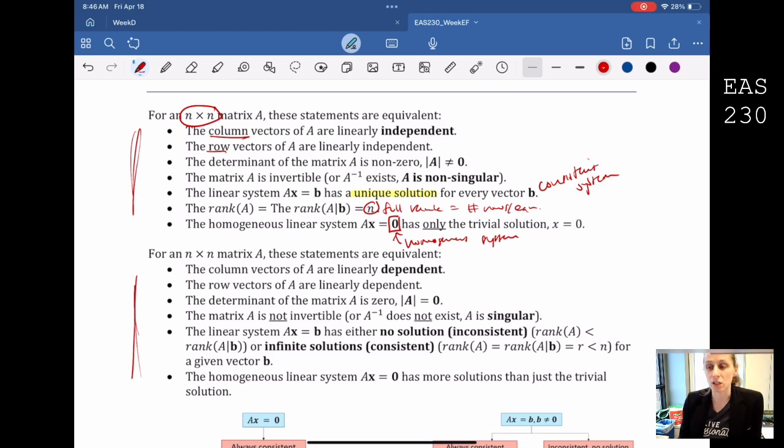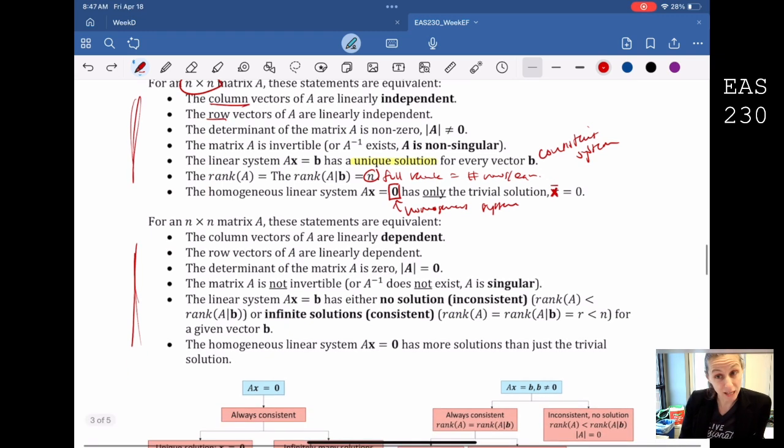And if I have a homogeneous system, then my only solution is the trivial solution, where x equals 0. This should be x vector, where x equals 0. So all those are equivalent. So if I tell you that the vectors of A are linearly independent, you should be able to determine all of this information. Which means if the vectors of A are linearly dependent, doesn't matter if they're rows or columns,